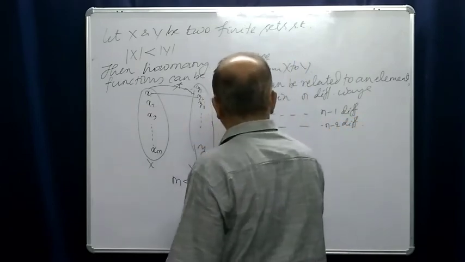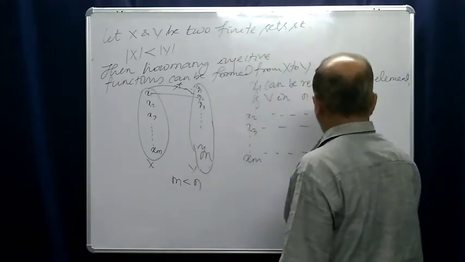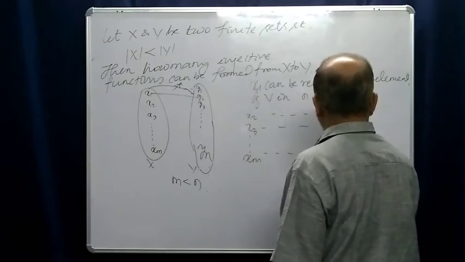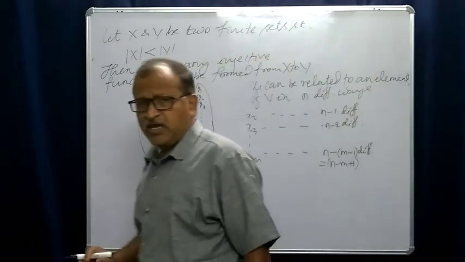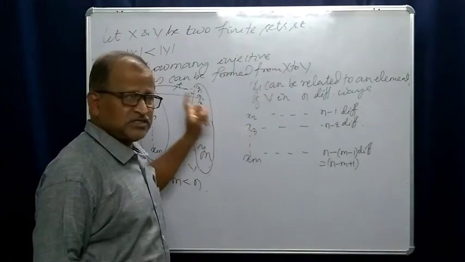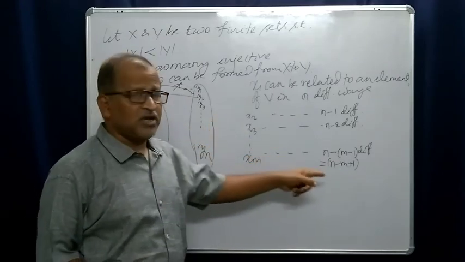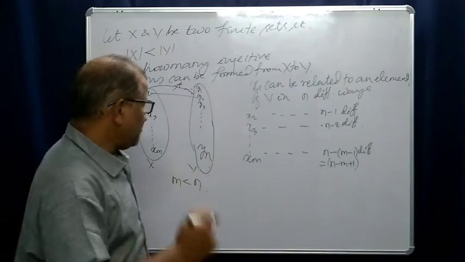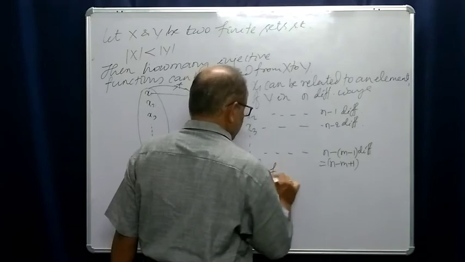And similarly in the last element, xm, proceeding in this manner, it will be n minus (m minus 1) different ways. That is equal to n minus m plus 1 different ways. So you see, x1 can be related in n ways, x2 in n minus 1 different ways, x3 in n minus 2 different ways, like this xm in n minus m plus 1 different ways. So by the fundamental principle of counting,